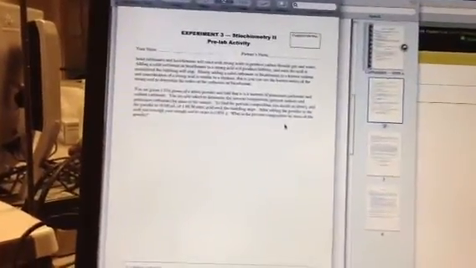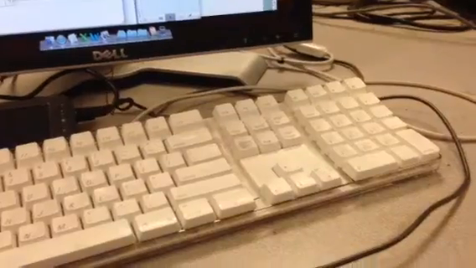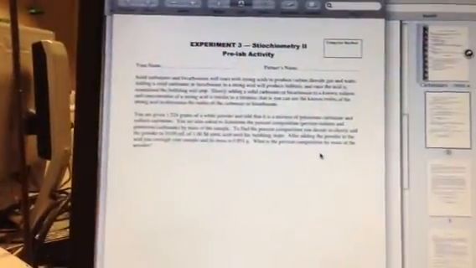Okay, this is the first look I'm getting at the prelab. So we've got a total mass of 1.524 grams, which is a mix of potassium carbonate and sodium carbonate. We don't know the quantities for both of those. We're asked to determine the percent composition of each, and we found out that we need to add 10 milliliters